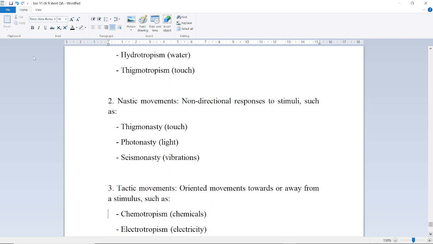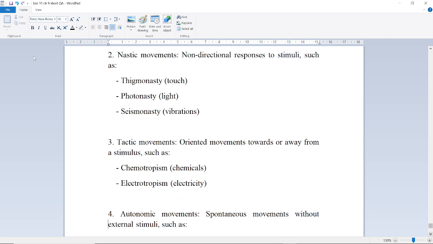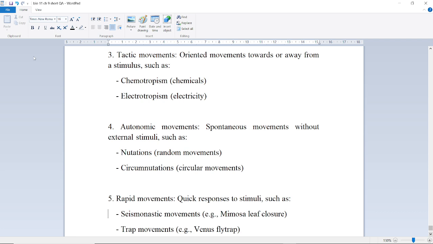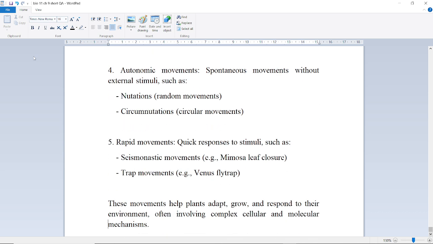Nastic movements are directional responses to stimuli such as thigmonasty, touch, photonasty, light, and seismonasty, vibrations. Tactic movements, oriented movements, are away from a stimulus such as chemotropism, chemicals, electrotropism, electricity. Autonomic movements, spontaneous mutations, random